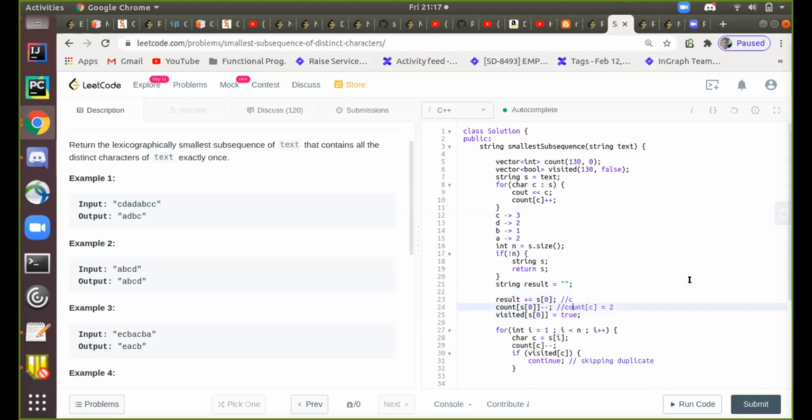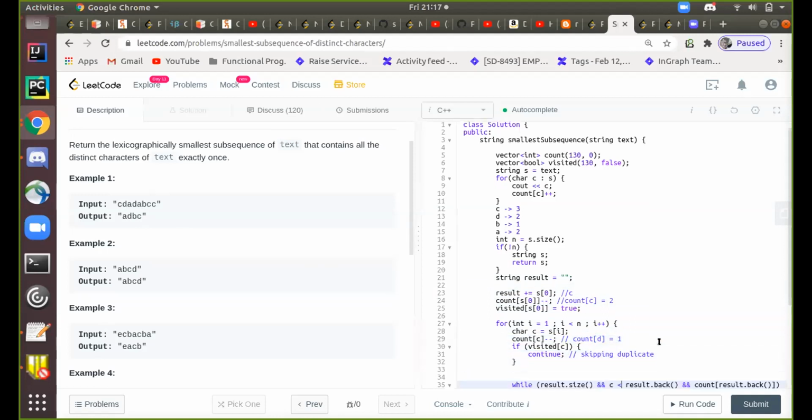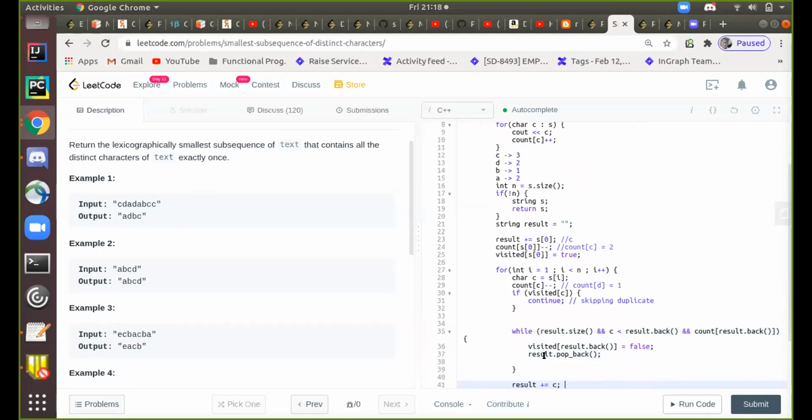Now coming down, I'm at D. I decrement the count, so count of D becomes, sorry, 1. Now I check whether it's visited or not. It's not visited, so I move down in the while loop. Now I check whether this character is smaller than what I have at the rightmost index of my result.